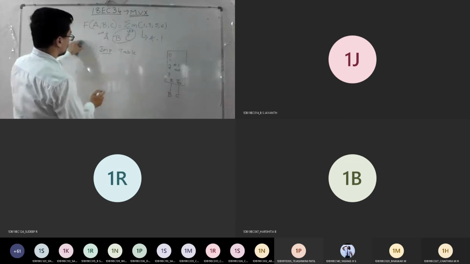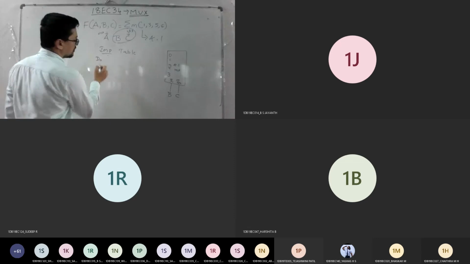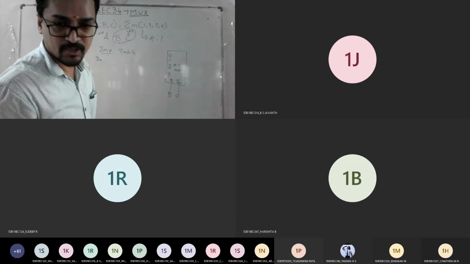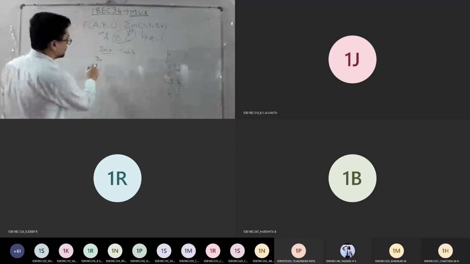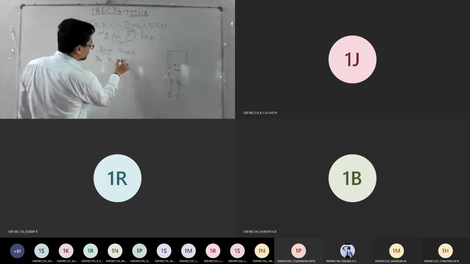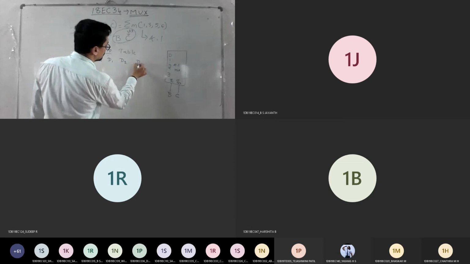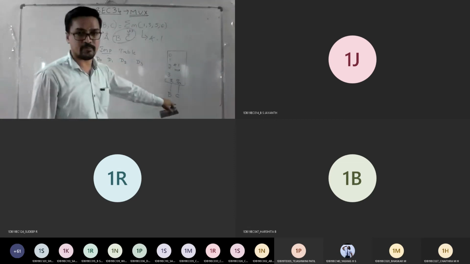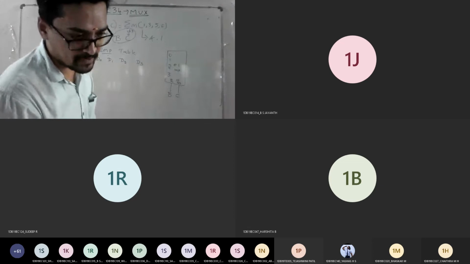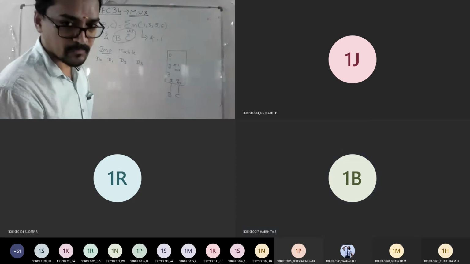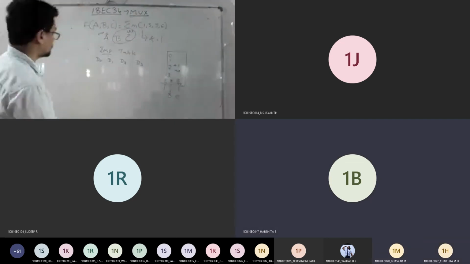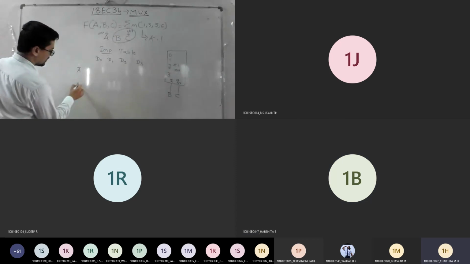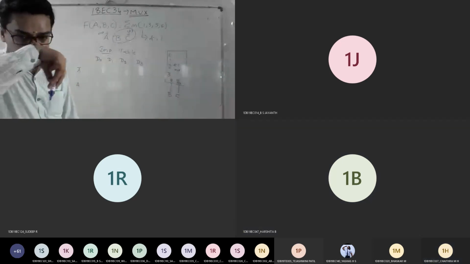In general, we are going to mark D0. I told you, right? Few textbooks say D0, few textbooks say D1, so whichever you feel comfortable, go with that. D0, D1, D2, D3. And what is the variable left out apart from B and C? A, sir. So I will make the first row with respect to A bar and the second row with respect to A.